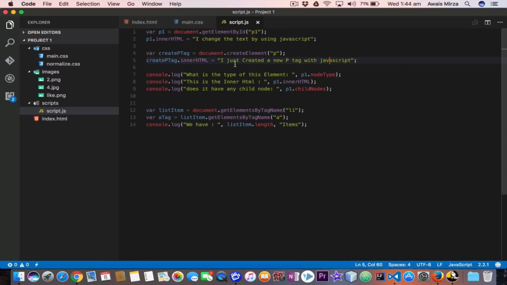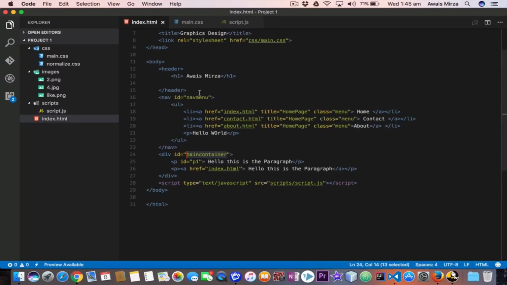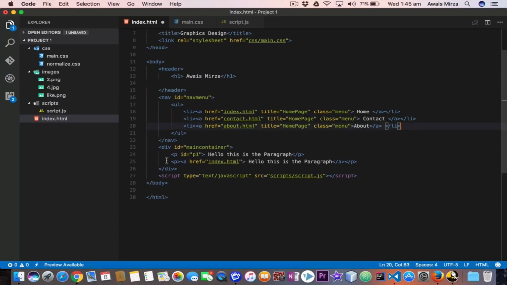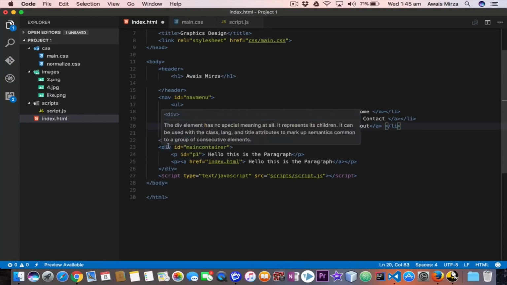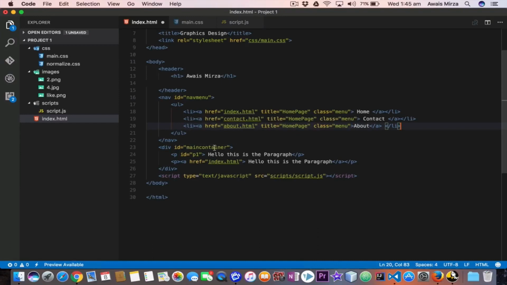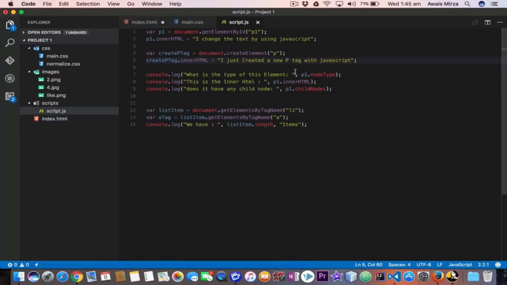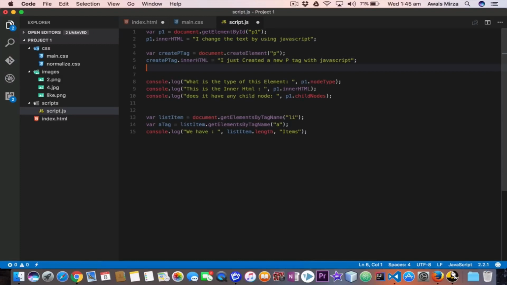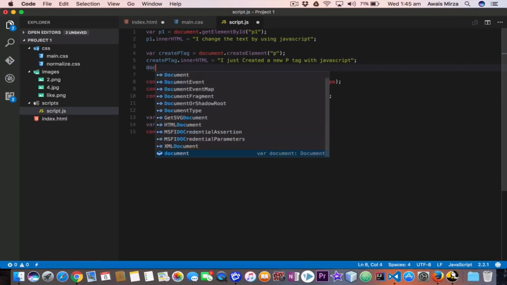Now, how do we add that to the page, or how do we add this to a particular div, or let's say where we want to add this? Let's say you want to add this to a nav, and then you have another list and list item, and you want to add a p tag somewhere here. I'm actually going to delete this one. Or you want to add this to something like a div which has the ID of main container. Let's look at how we add that into a div, which would be the same method to add that to any other element. Now here I'm going to add a space, and then I'm going to use this document